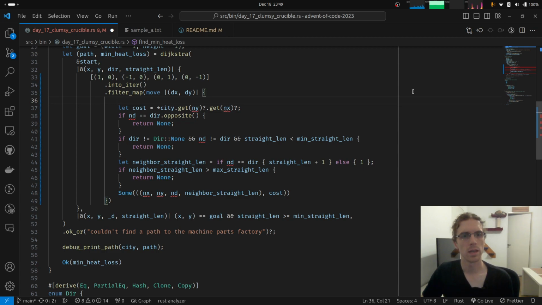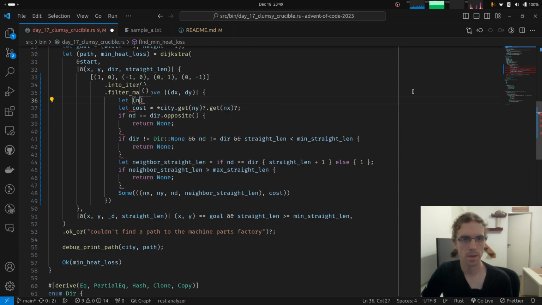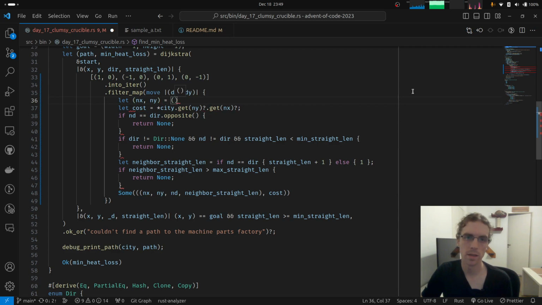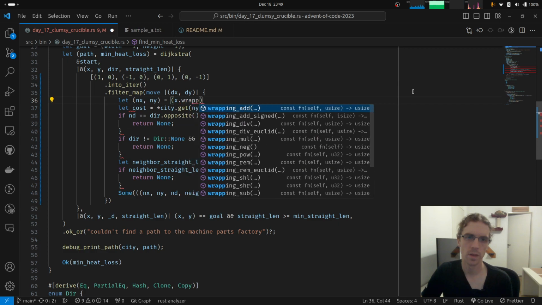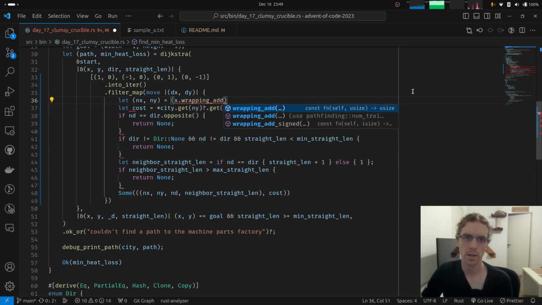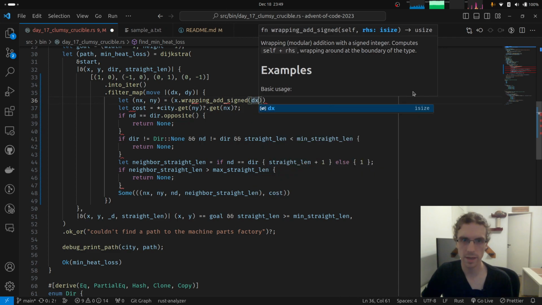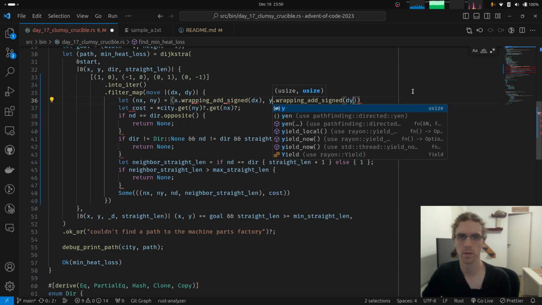And in order to get then nx and ny, we would add x wrapping add signed, and we would add dx, and same thing but with y. Sure.